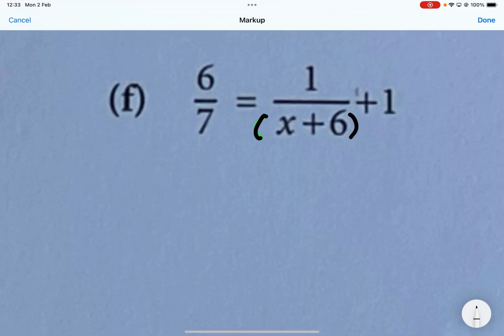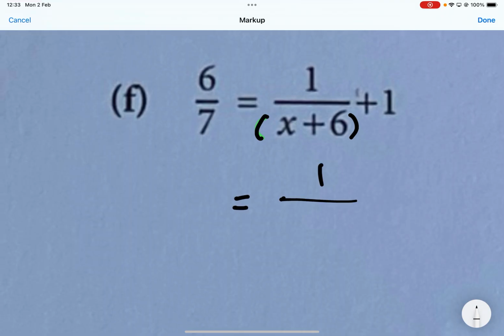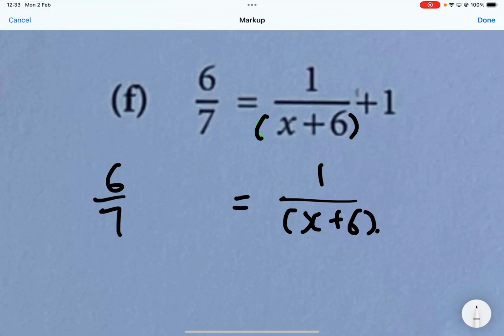This number doesn't have x. So I want this term in the end to be by its own. So I can bring this plus 1 across first. I keep my x term here. Then my 6 over 7 I never touch. But I can bring this also, it is just a number. If I bring it across,